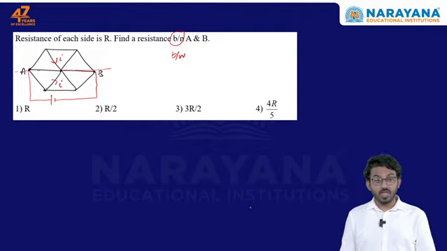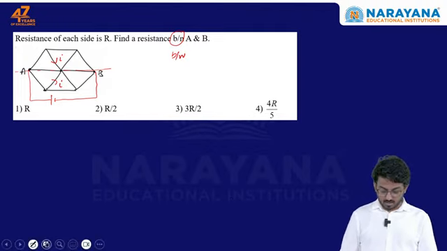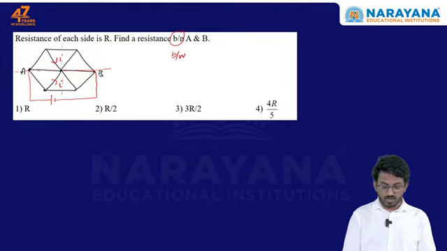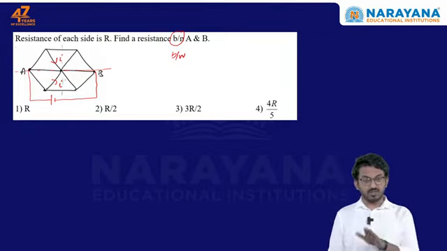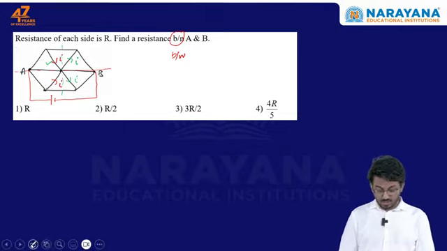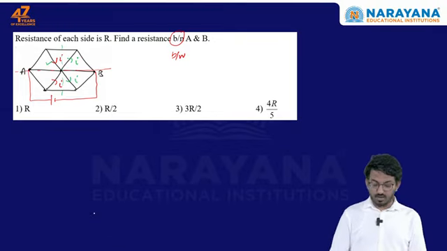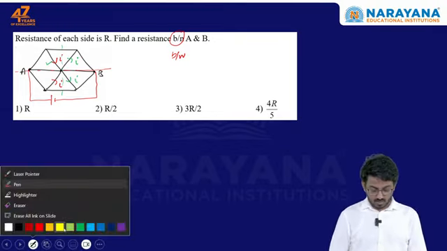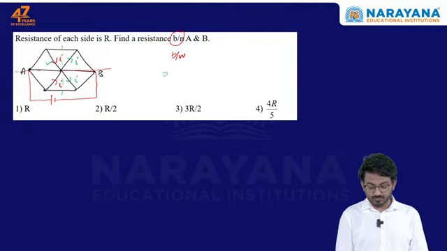The circuit is symmetric because we are applying potential across A and B. And notice that the circuit is symmetric perpendicularly as well. Perpendicularly means in this way. So from the left and right side, the circuit is symmetric, giving us that the current here and here should be the same. So this current and this current should be the same. This current and this current should be the same. So looking at the symmetry here, we can make some adjustment in the diagram, giving us effectively